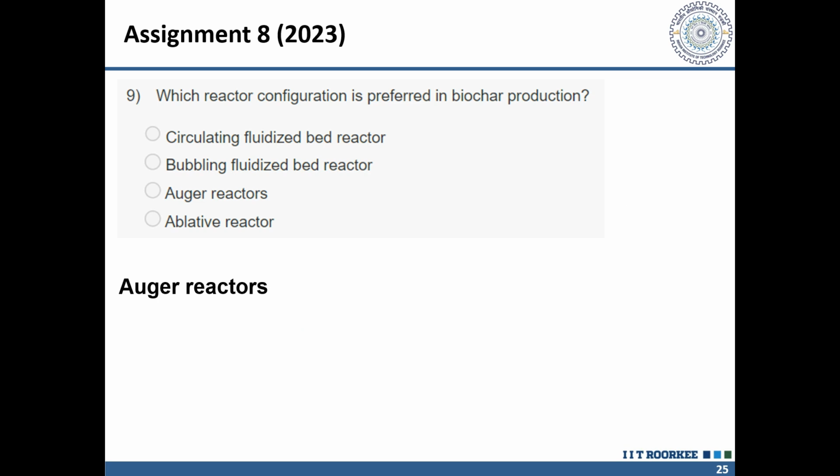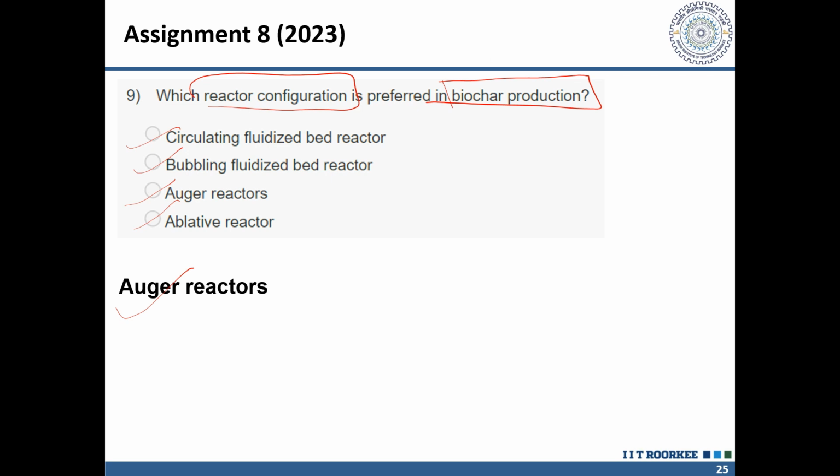Now, let's move on to the ninth question. Which reactor configuration is preferred in biochar production? So, there are many types of reactors we have seen now, that there is ablative reactor, auger reactor, bubbling or circulating. So, among these, auger reactors are the most preferred for biochar production, and these are mostly used because they are